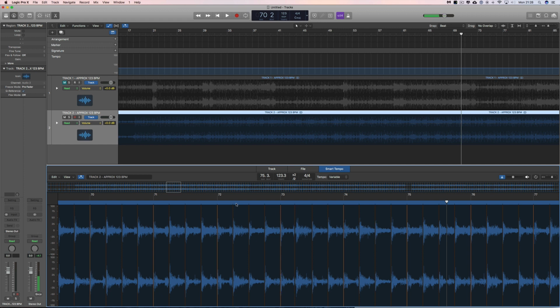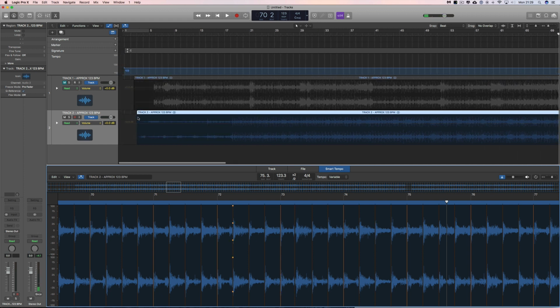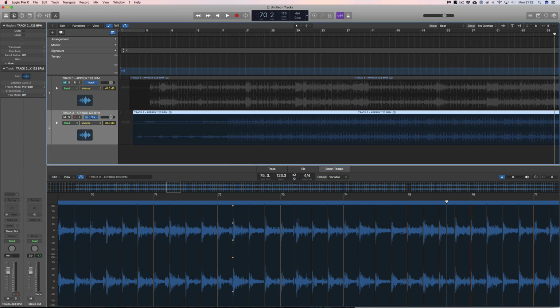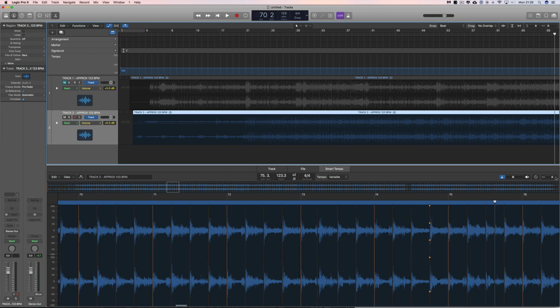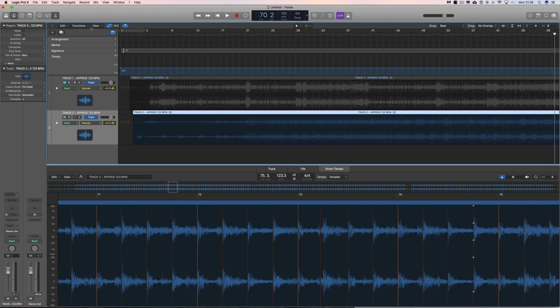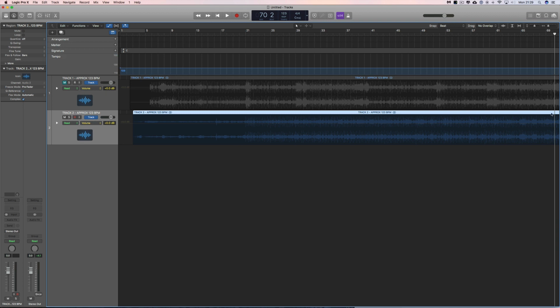Okay, right, done. So now we just get this track here and we put it to flex on and align bars. Now it's doing this analysis again with flex, but that's just the flex analysis, but it's taking it from this. It's related, let's say? So we've got the downbeats right there. That means that when we go into this second track and look at it,